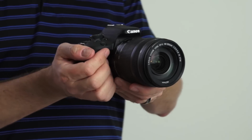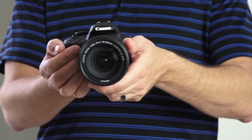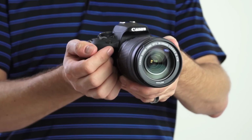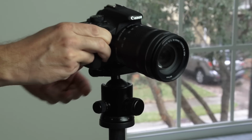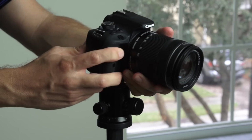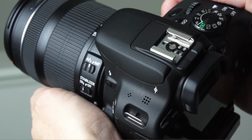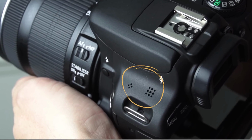You want to do your best to cradle the camera in a way that minimizes shake, but you can't hold it like you would when looking through the viewfinder. If you have access to a tripod or a monopod, that's a great way to keep your camera even more steady. You should also pay attention to those little holes for the microphone so that you don't cover them up